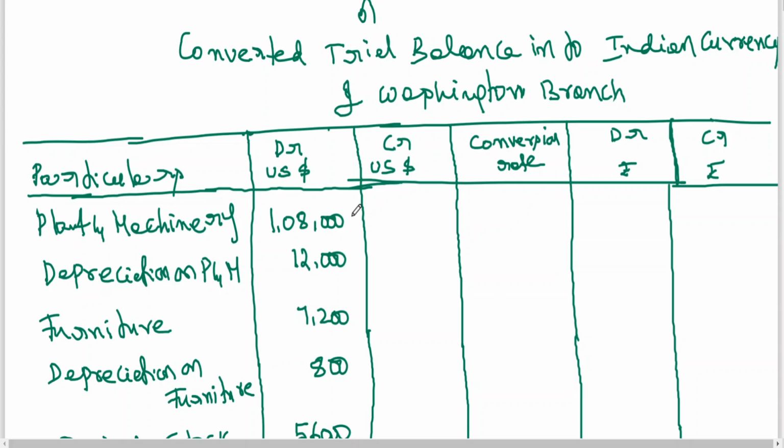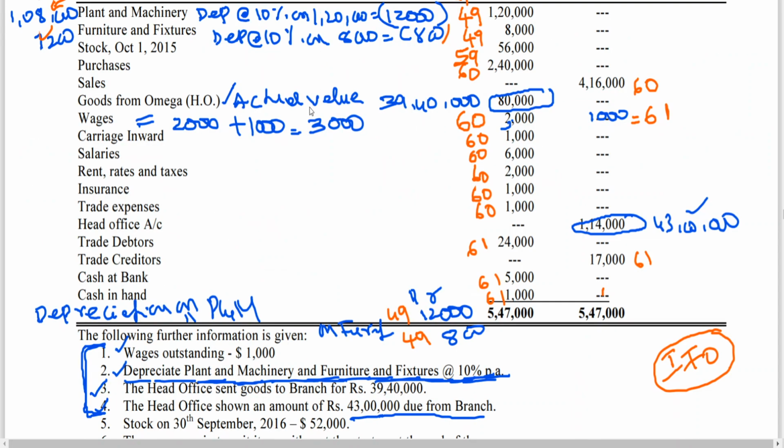Now the question is that, my dear friends, the closing stock I have not taken. Normally stock on 30th September: you know that when opening stock is appearing in trial balance, closing stock will not appear. I've already told the reason for that. I've explained the concept of adjusted purchase in CA Foundation. I don't want to waste your time discussing this closing stock, even though you are converting into Indian currency, because the closing stock is unsold stock, which you get from opening stock plus purchase minus sales. So automatically the closing stock is reflected in trial balance indirectly. We learned these things in foundation in a detailed manner.